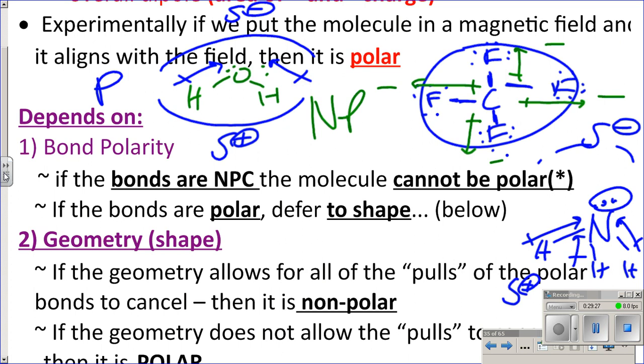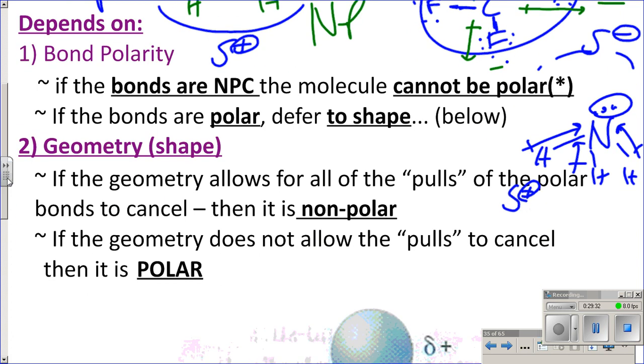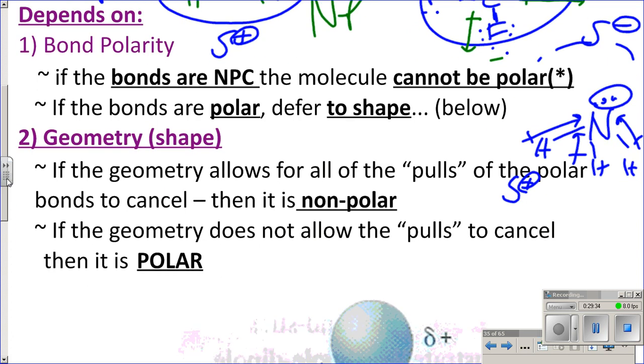That's the fourth or fifth column on your lab, okay? So for you to know that, you have to know the bond polarity. If they're polar bonds, you have to defer to the shape to see if those polar bonds cancel each other out. If they can't cancel each other out, you've got a polar molecule. So that's why the geometry is very important to be able to visualize, build, draw, and read, so that you can determine if the polar bonds cancel each other out or not. Generally, if it's a nonpolar covalent bond, generally the lone pairs,